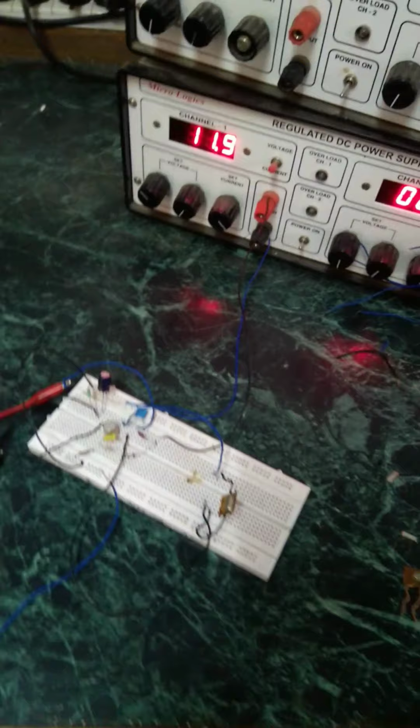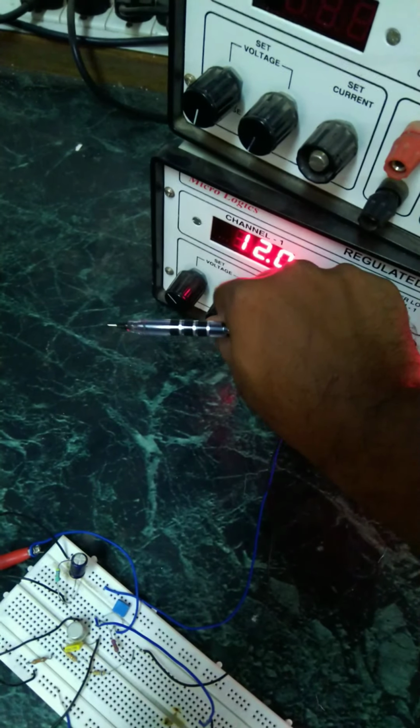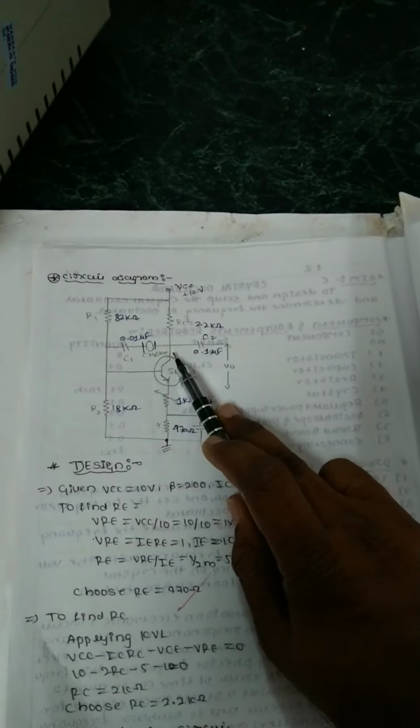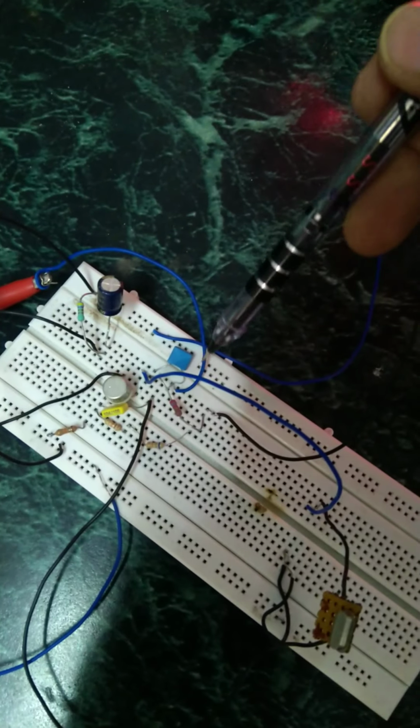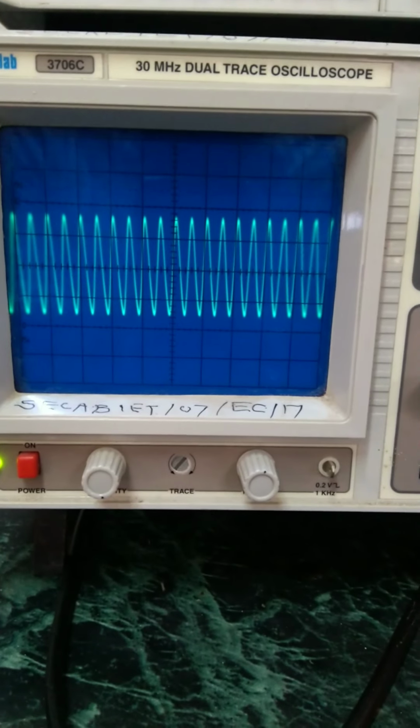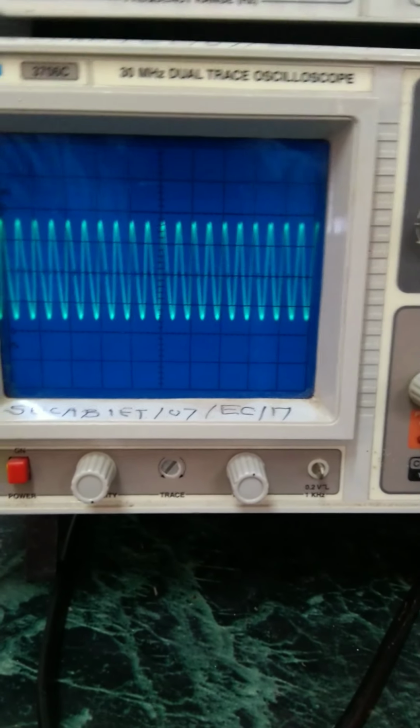So once you make this connection, you have to set the power supply to 12 volt exactly, 11.9 is also fine, no issues with that. And you have to take the output from the capacitor C2, which is being connected to the collector. So this is our collector. From the collector I am connecting a capacitor, it is ending somewhere, and from that point I am taking it to the positive terminal of the CRO, it is connected to channel number 2. Now you can see the waveforms here. The waveforms here are the output waveforms, that is the output of our crystal oscillator.